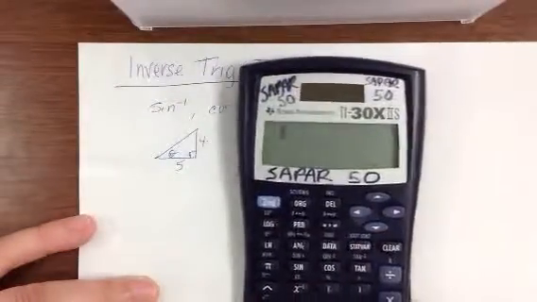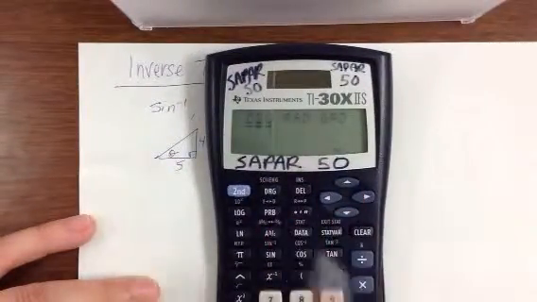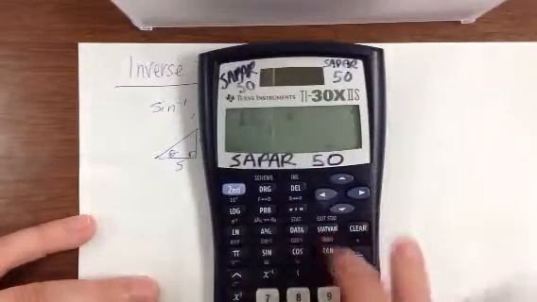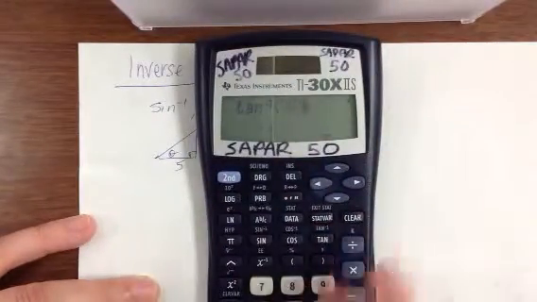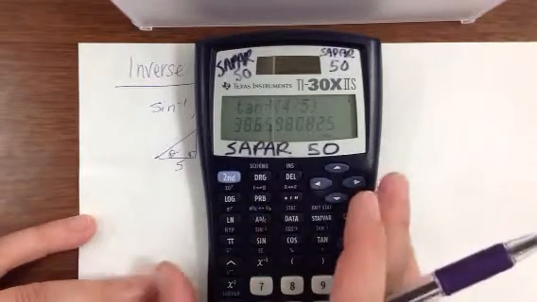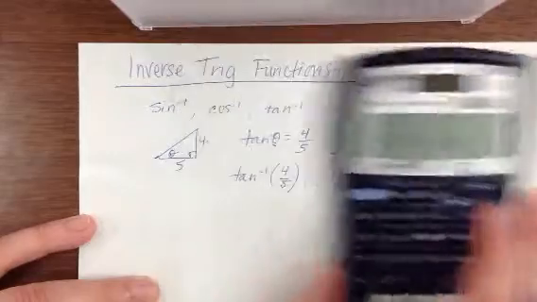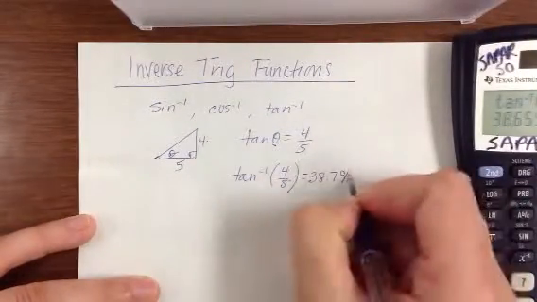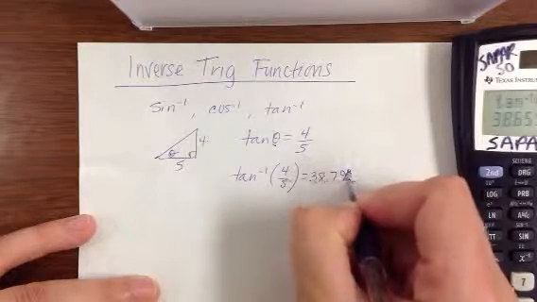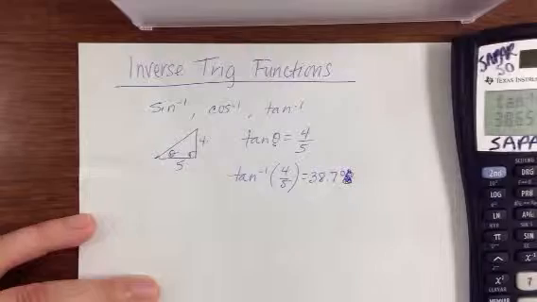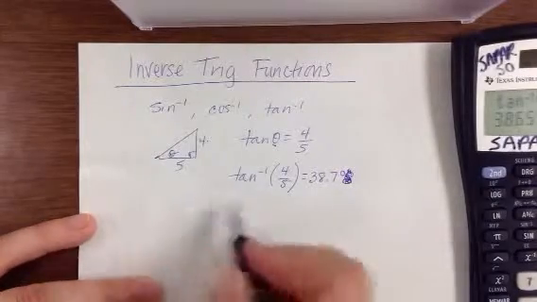So I turn my calculator on and make sure I'm in degree mode. I'm trying to find a degree. And I'm finding the tan inverse, so I press second tan of 4 divided by 5, and that gives me 38 point, we'll round to the nearest tenth, 38.7. Whoa, I'm going percentage. Whoops. Alright, degrees there. 38.7 degrees. Okay, so now if we think about a unit circle,